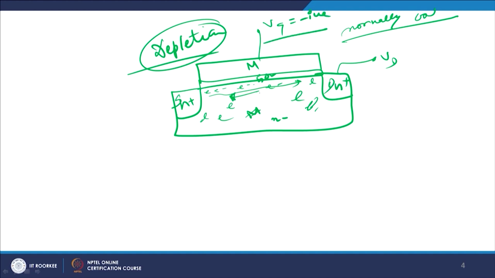If it is negative, all the electrons will be pushed backwards. So that means if I apply a gate voltage which is negative, it will push all the electrons downwards and all the holes will come up and it will go into the off state. So I have got a normally on and a normally off device. Normally on device is depletion mode, normally off device is basically your enhancement mode